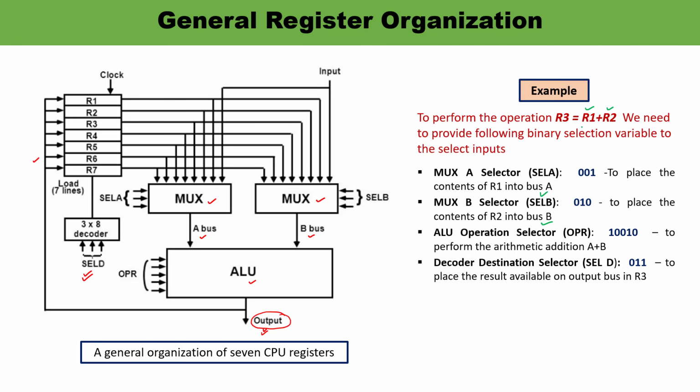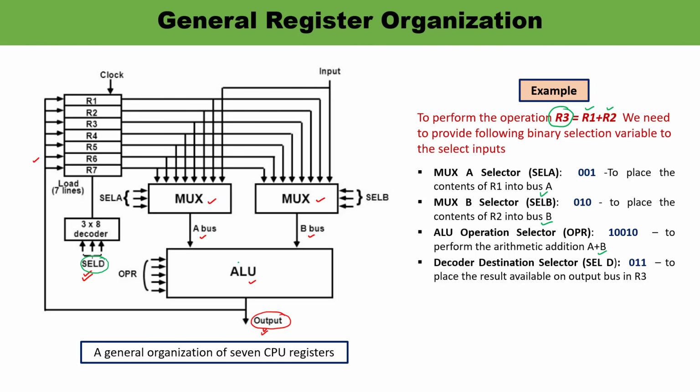Now the sum of R1 and R2 is to be performed, which is the function of the ALU. The sum is being performed and the result will be available at the output, which is A plus B. Now, the decoder destination selector, SELD, these are the decoder destination select lines. It places the result which is available on the output bus, and that particular result will be stored in the